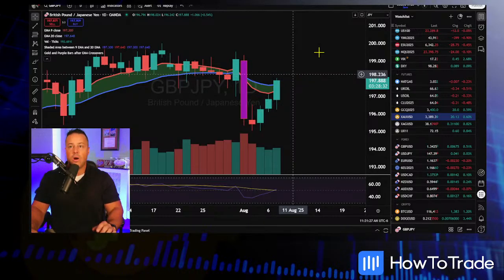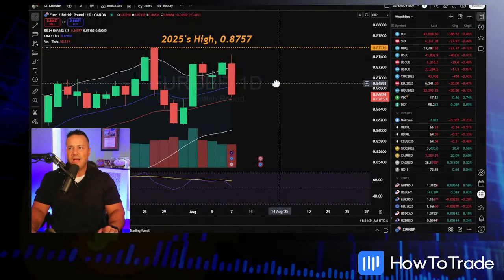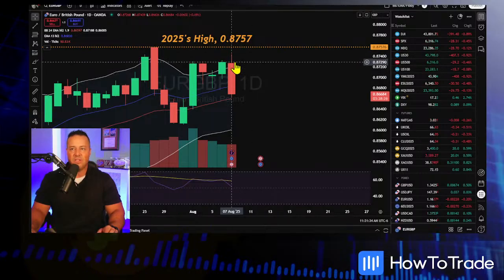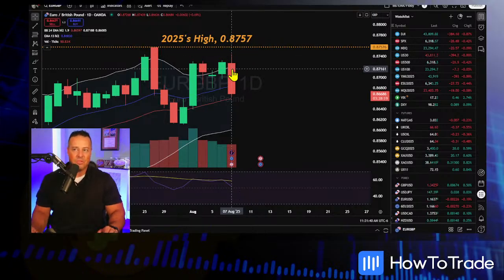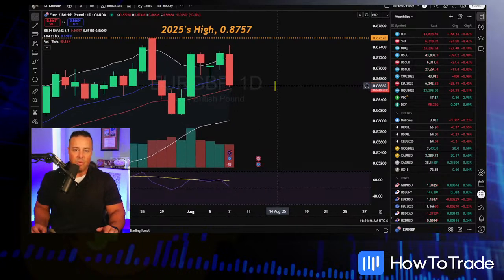Let's take a look at one more Great Britain pound pair, euro pound, euro Great Britain pound. 2025's highs up there at 87.57. You saw sort of the big correction now. I thought we were headed back up towards that range, and today's high was about 87.43, and now we're in an absolute free fall. Don't mess with these types of trends, especially when they're driven by macro events like a Bank of England. You don't want to play around with that. You want to sort of get in line with it.